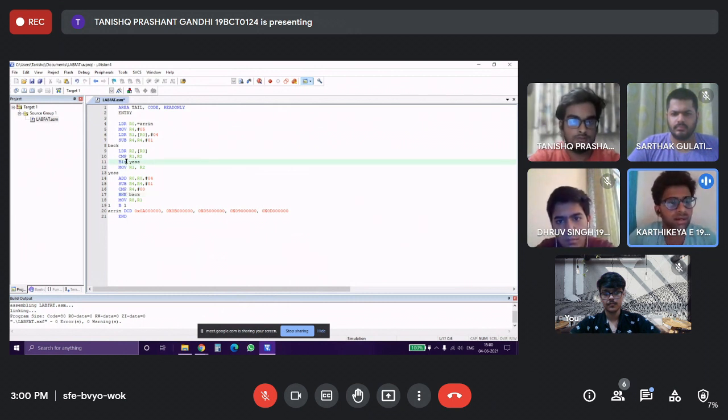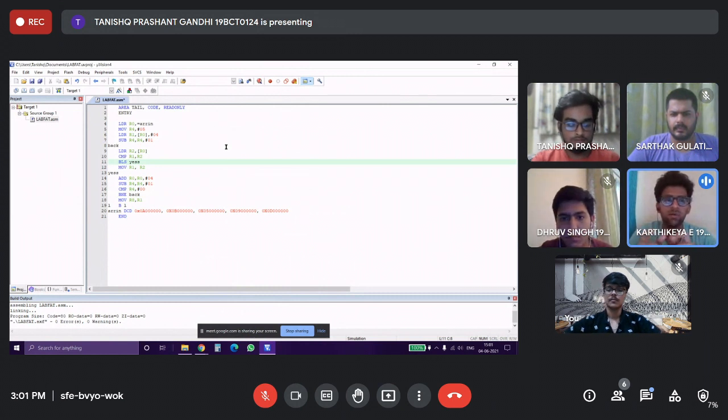Line 6 is loading R1 with the value at the address in R0 and adding 4 to R0. The reason we're adding 4 is because each element in an array is 32 bits, that is 4 bytes, sorry. Now we subtract 1 from R4, because the remaining length has been reduced.